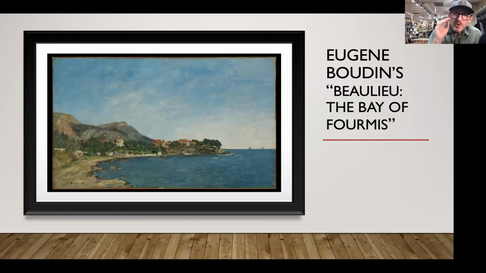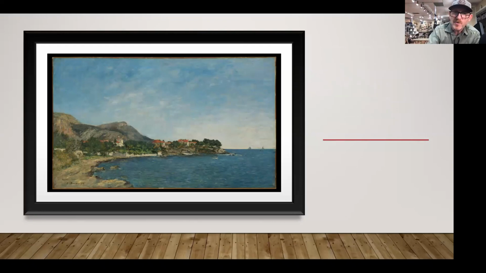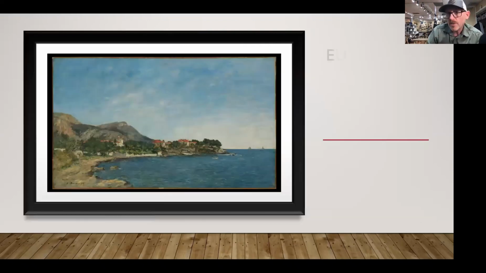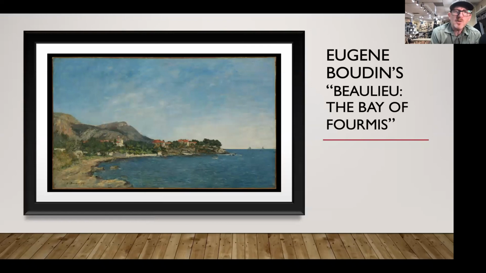But Boudin is the kind of the beginnings of Impressionism. This is where you see the seeds of Impressionism being laid, a transition point from the artists like Bierstadt to the artists like Monet that you're more familiar with. And we see color starting to take on a more active and descriptive role in leading us through the composition. Tonalism is beginning to fade and colorism is beginning to rise.